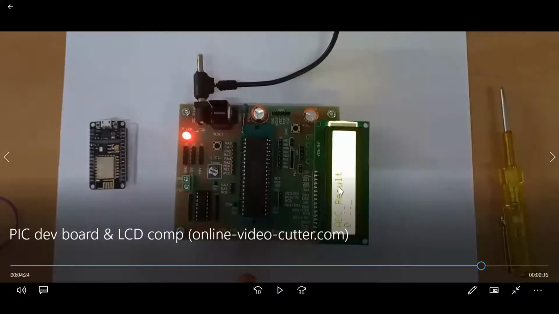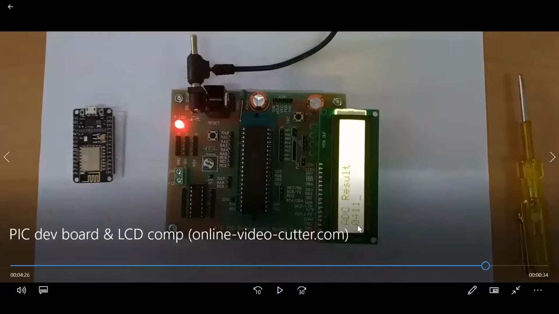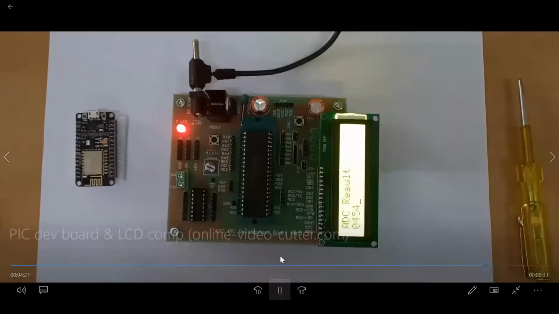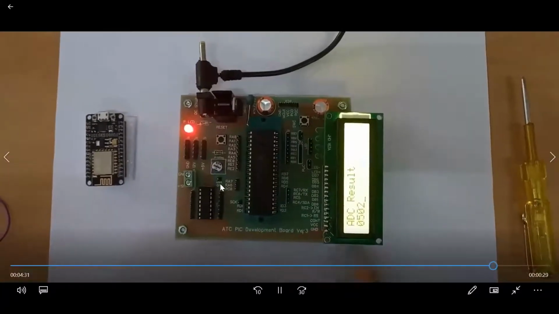In this video, on the display, you will see ADC result. So ADC result text is displayed on first row and actual 4 digits are displayed on second row. Here code is written for analog to digital conversion. You will see here, these 4 digits are 0, 1, 1. What I have done is, this analog signal on RA0 port pin is digitized and displayed on the display.